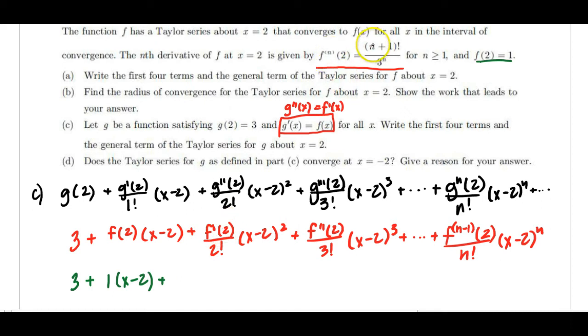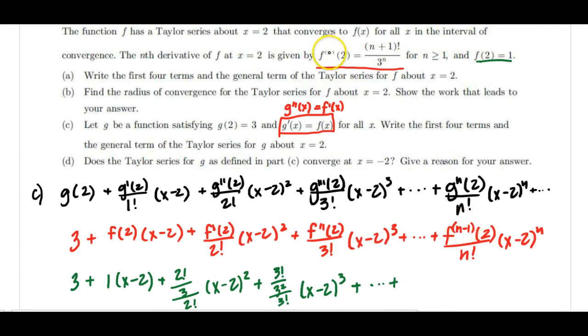So if I plug in a 1 for n, that's 1 plus 1. So that's 2 factorial over, and then if I plug in 1, it's going to be 3 over, can't forget the 2 factorial that's right here, and then (x minus 2) squared plus, now the second derivative, so 2 plus 1, that's 3 factorial over, if I plug in a 2 here, that's 3 squared over 3 factorial, (x minus 2) cubed, plus, so that's 1, 2, 3, 4 terms, plus,